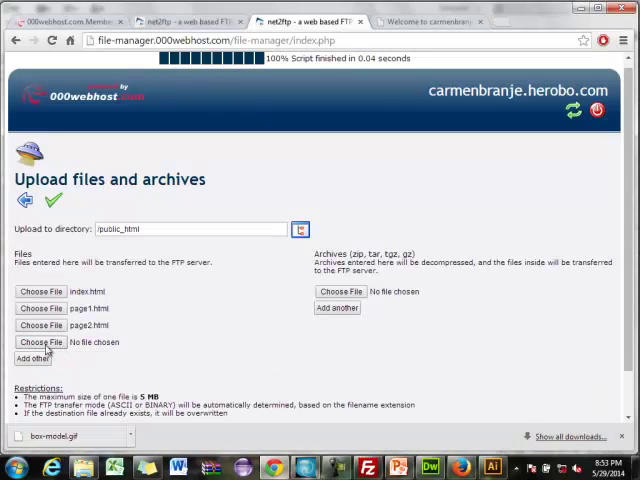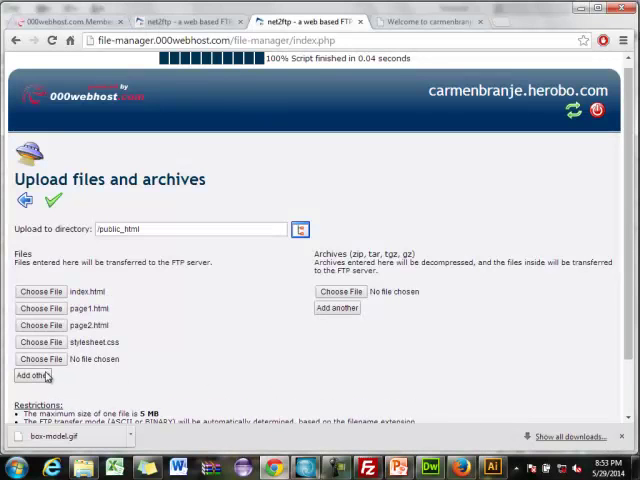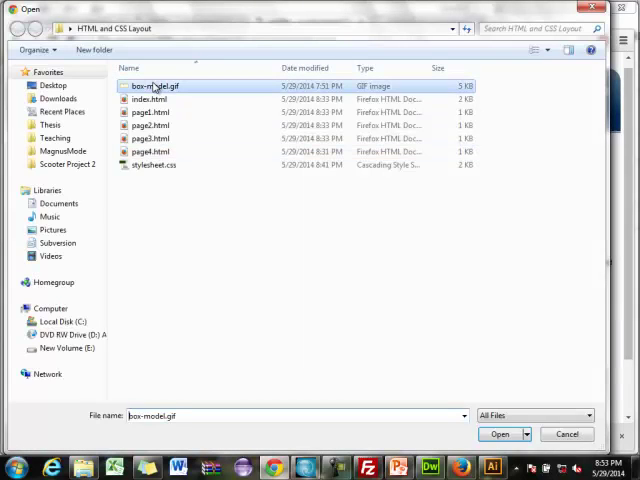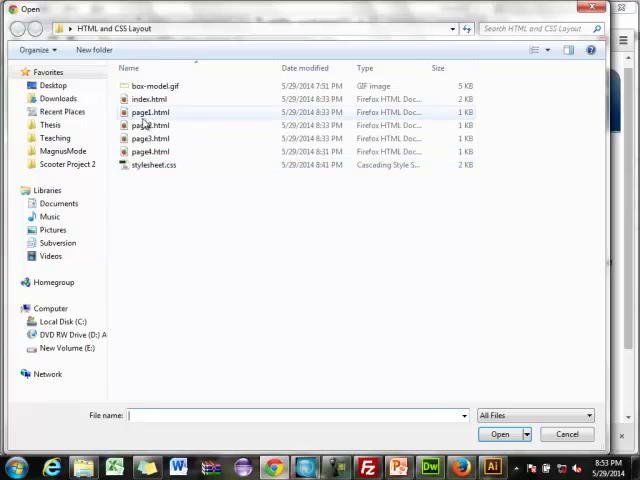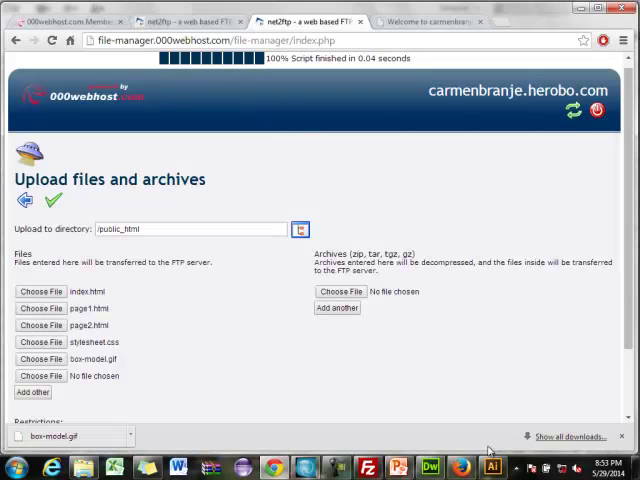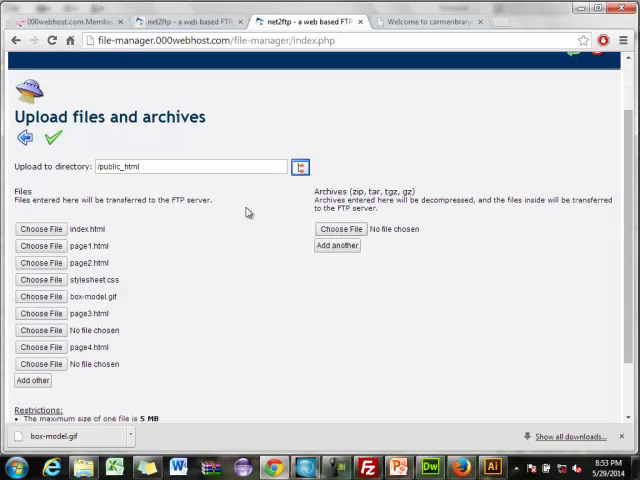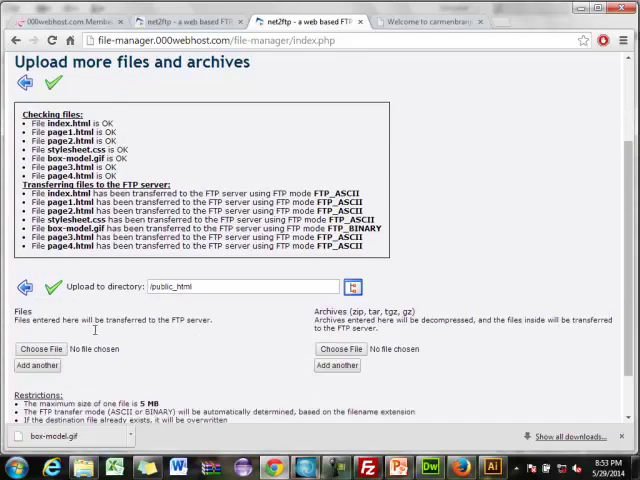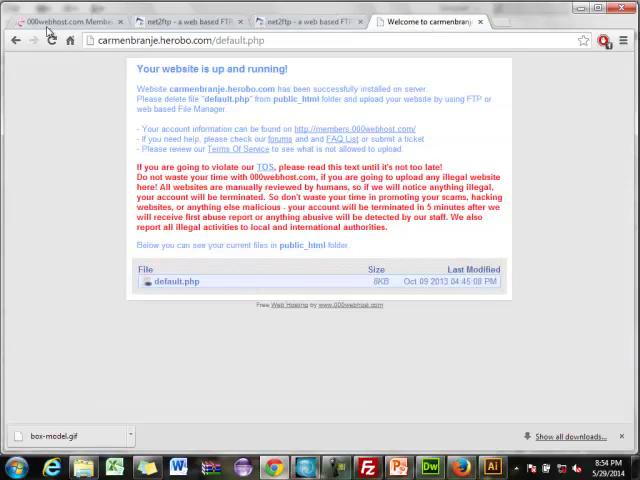Okay, and so let's upload all of our files. So our style sheet and our box model GIF and our other pages. Did we upload index already? Yes. So one more. Page 4. And go. Okay. Seems like it was successful. Now you should be able to see your files here. And now if we go over here,